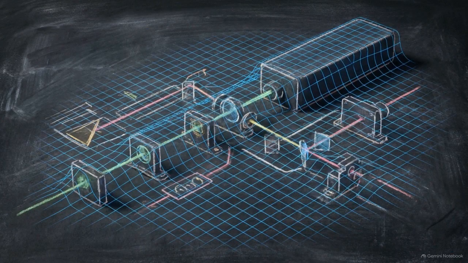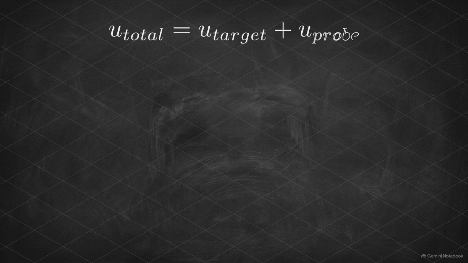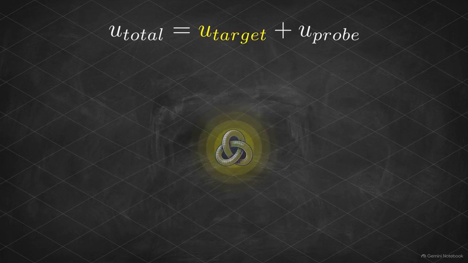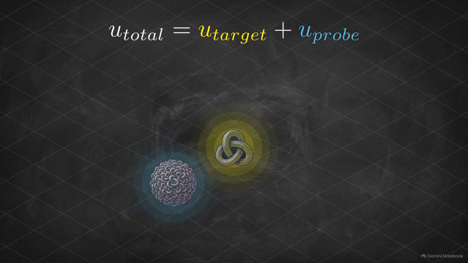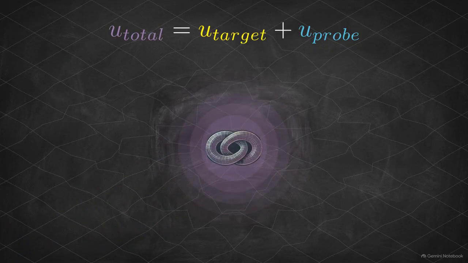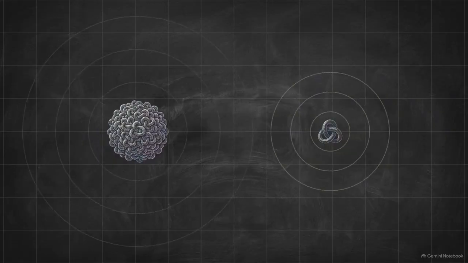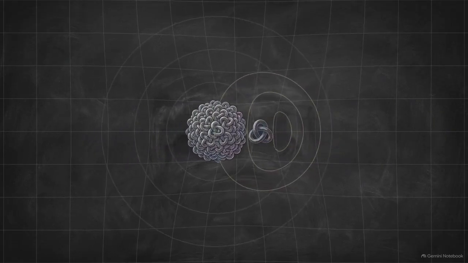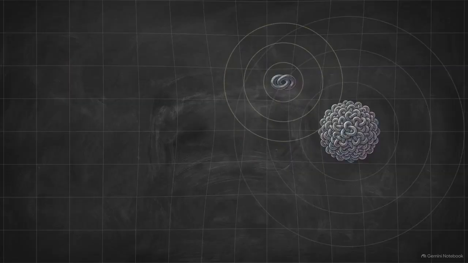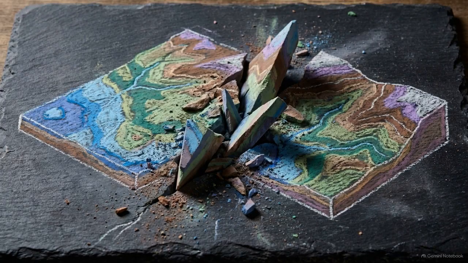Mathematically modeling this interaction requires treating the entire experimental setup as a set of elastic deformations. The first term, U-target, describes the specific displacement field of the soliton being measured. The second term, U-probe, describes the dynamic field of the probing instrument as it moves through the plenum toward that target. U-total represents the physical reality of the measurement, the moment these two displacement fields overlap and intersect in the lattice. Because the medium is nonlinear, the fields do not simply pass through each other. The presence of the probe's geometry alters the path and shape of the target. Data acquisition is the physical result of two structural topographies colliding within the medium.